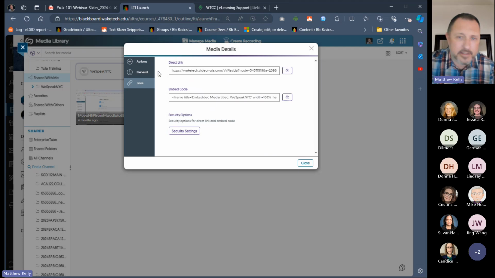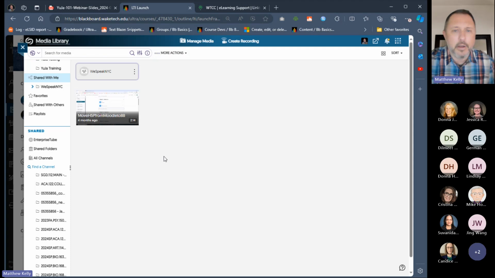And you can see here that I don't really have too many options in terms of what I can do there, but I can direct link or I can use the embed code for that video. And I can add that video or that folder that way to access that media. But then, of course, if whoever is trying to access that folder doesn't have access to it, they are going to run into some issues.